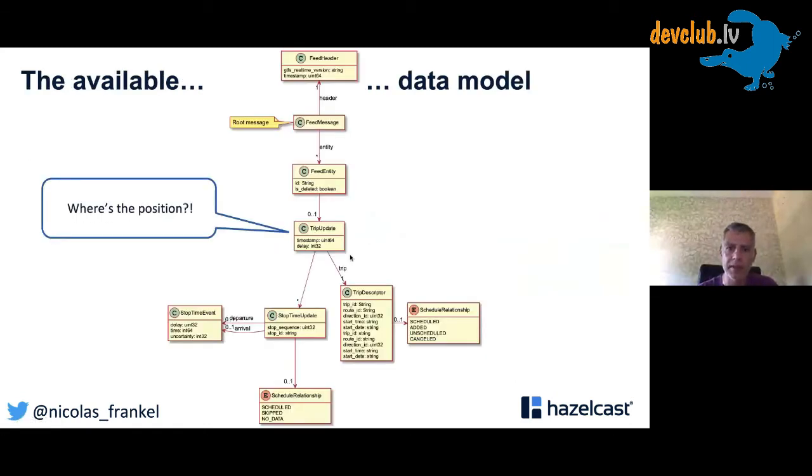They provide this kind of stuff. And here, there is no vehicle position anymore. Here, there is nothing. So actually, you need to dig into the model and understand how it's made. They don't provide the vehicle position, but they provide something called a trip update that has multiple stop time updates. And every stop time update basically has a stop ID.